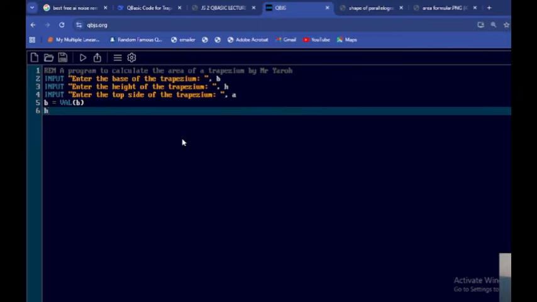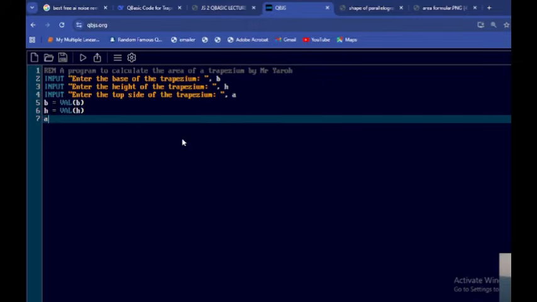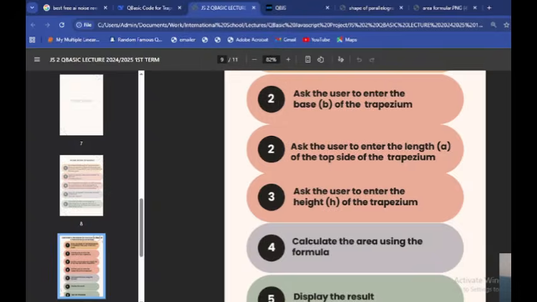So I'll do the same thing for h equal to val h, and then a equal to val a. Okay, so we're done with all the things we are getting from the user. Now the next step says calculate the area using the formula. Now this is the formula for calculating a trapezium. So we will declare a variable called area and then do the calculation of the